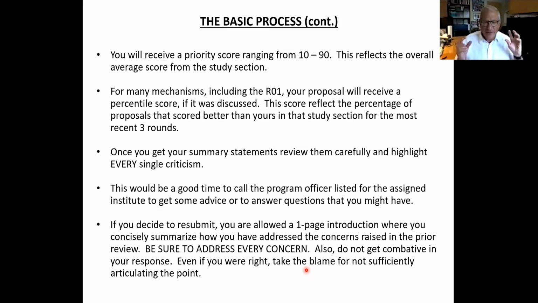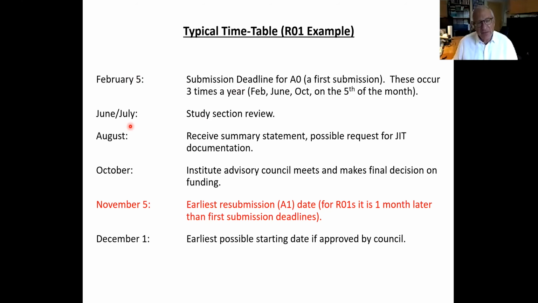If you were to submit by that date, and you should work with the Division of Sponsored Research, or if you have somebody in your department who's a grants management specialist, work with them. They're there to help you. You typically need to be getting it through the university before the 5th so that they can approve it and so forth. It would get reviewed in June or July, and then in August or so, maybe a little earlier,